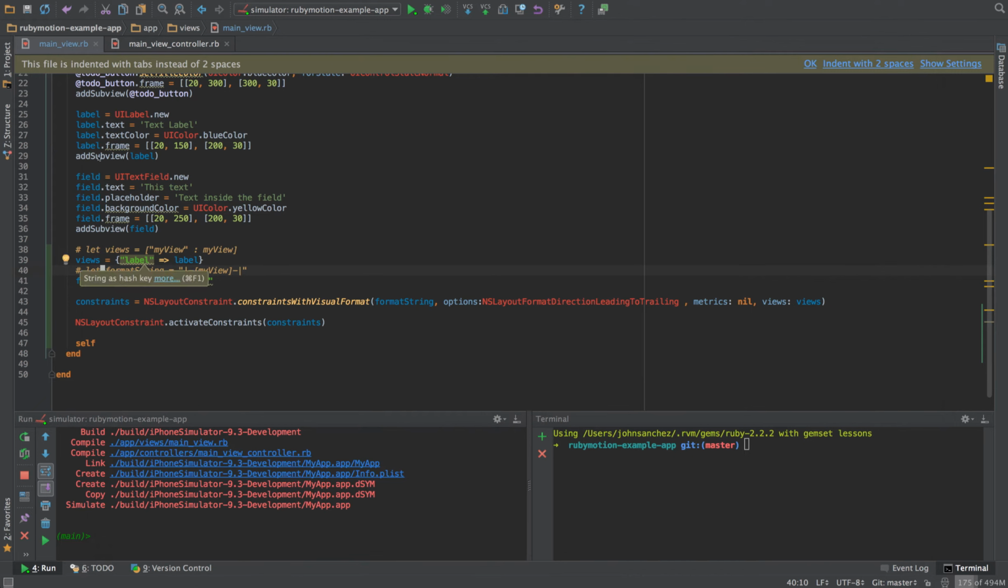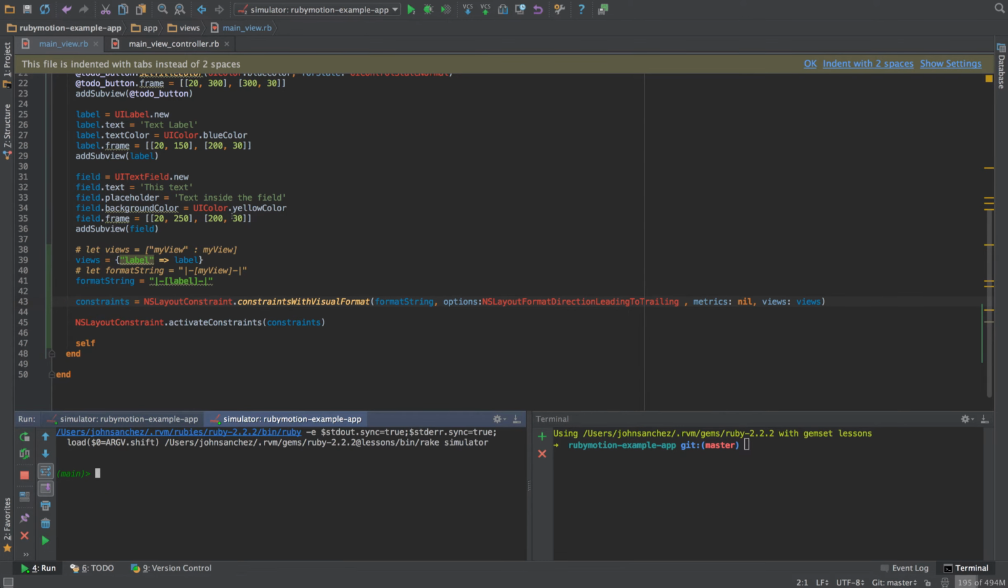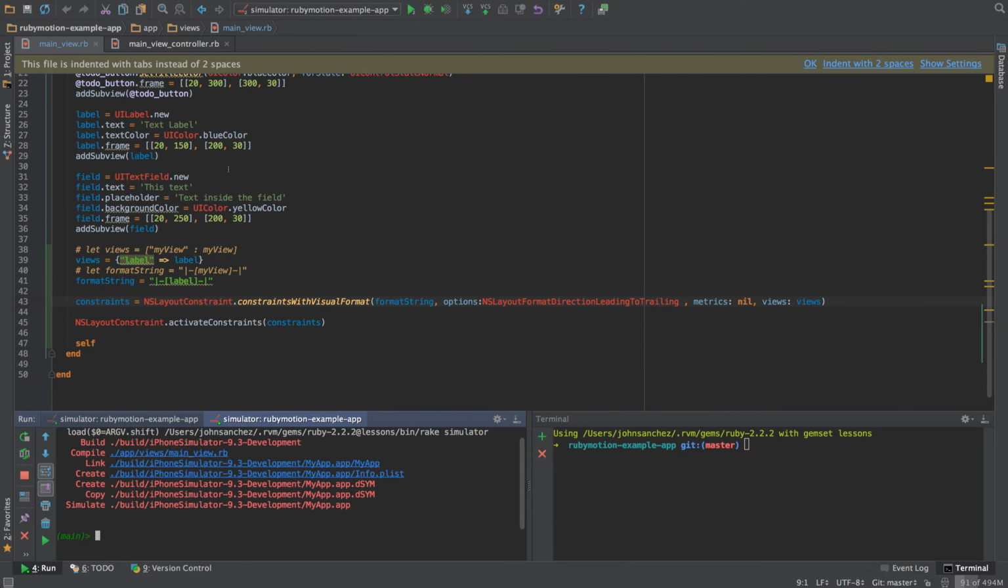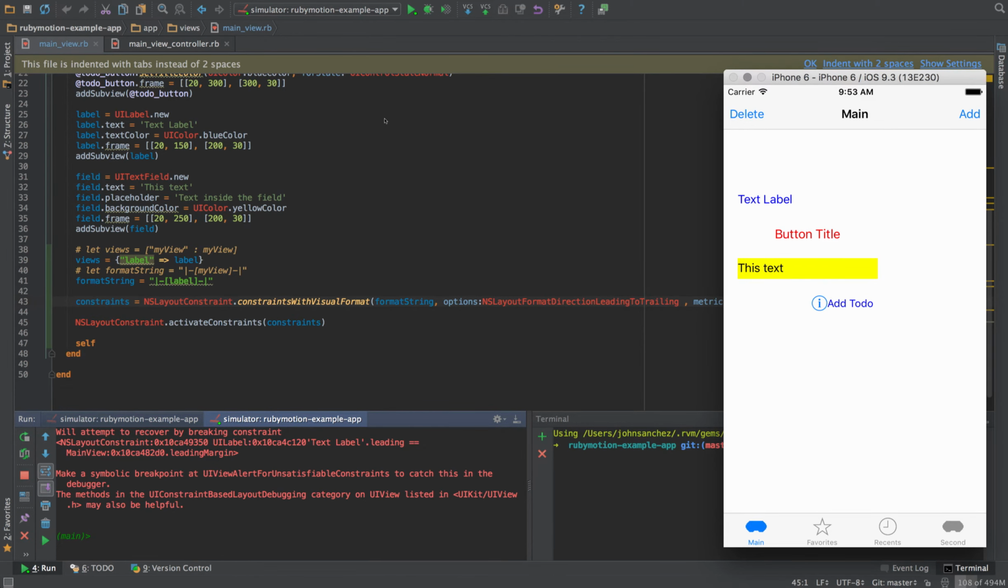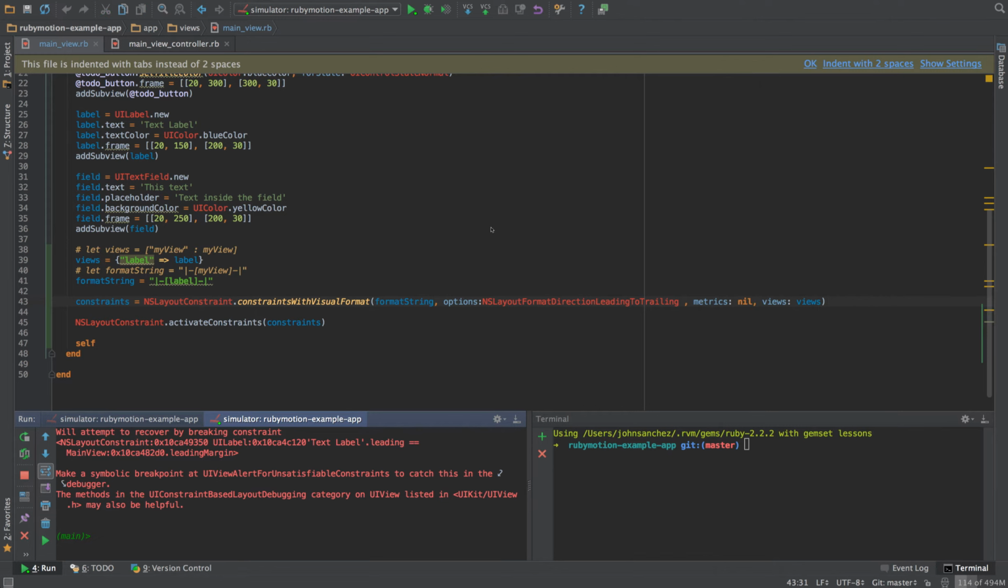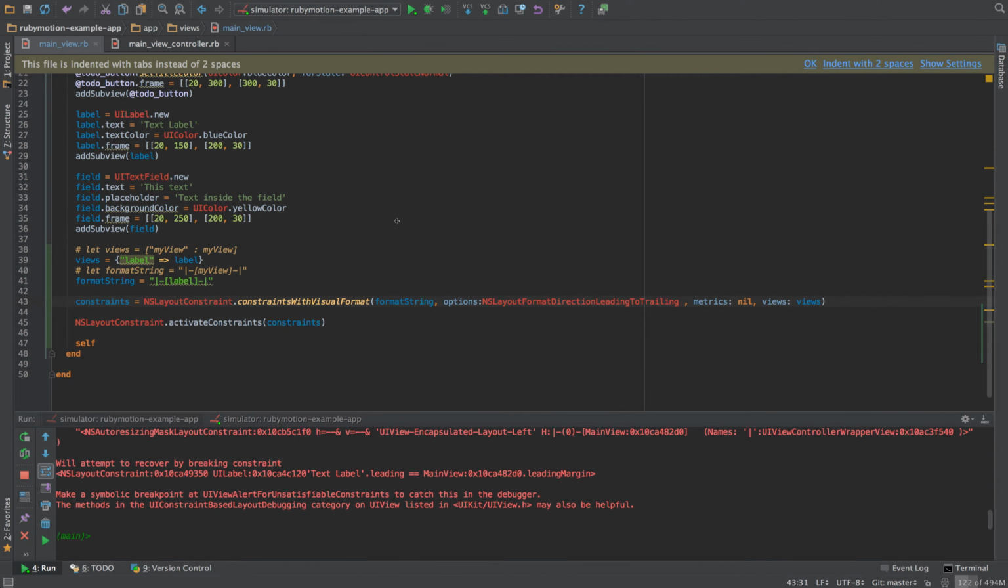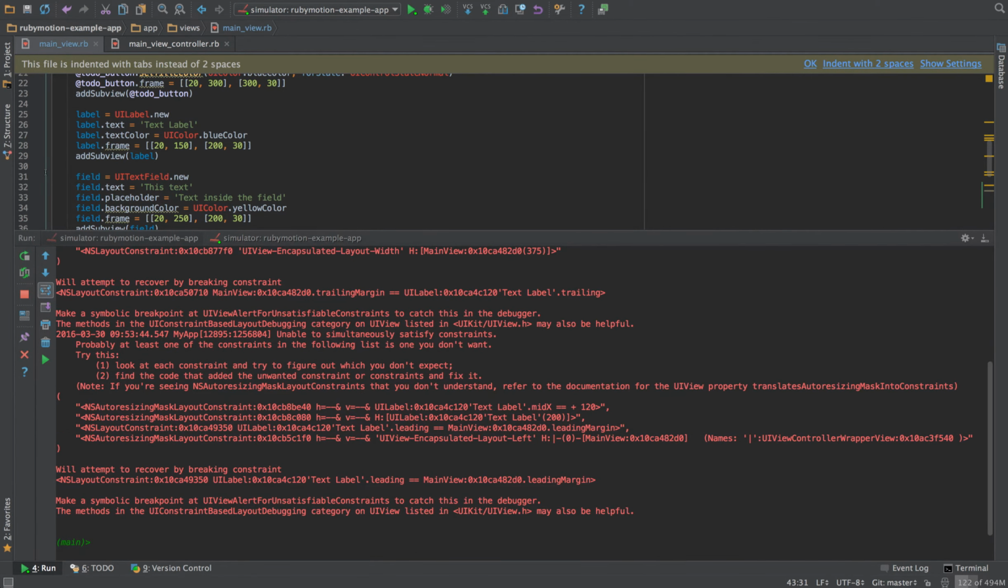So in this one, we're not using any padding of any sorts. We're just putting that label in there, and hopefully it's going to center it for us. So we're going to use that run command. It's going to start up our simulator again, and let's see if that label is centered. Okay, so it is not centered, but we're getting something in our console here. So let's pull this up. Okay, symbolic. Okay, if you're seeing NS auto resizing mask constraints that you don't understand, I don't understand why it's not centering,